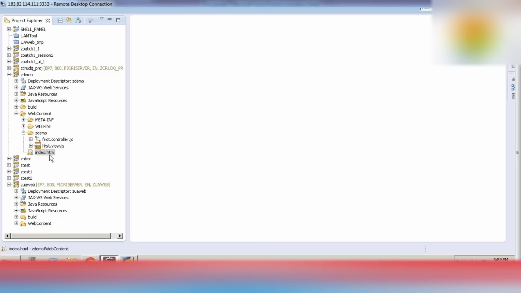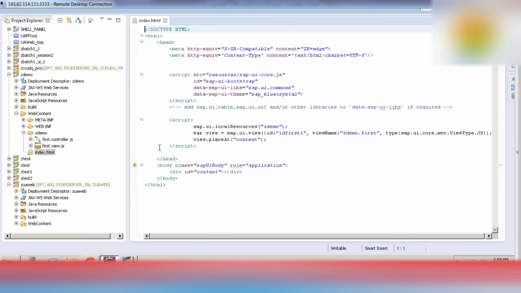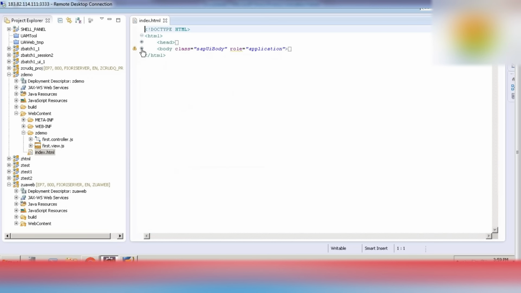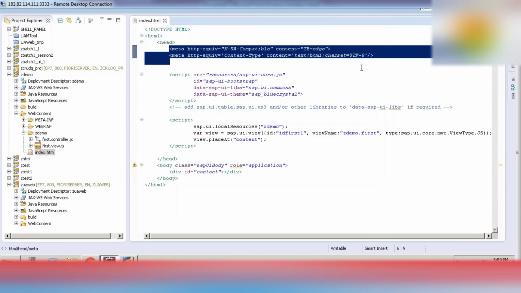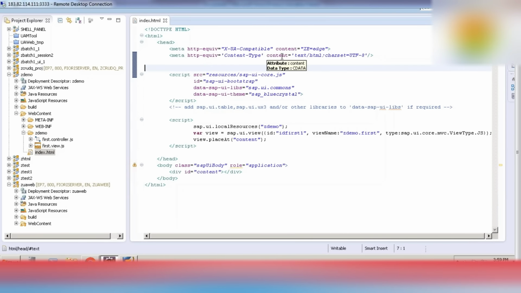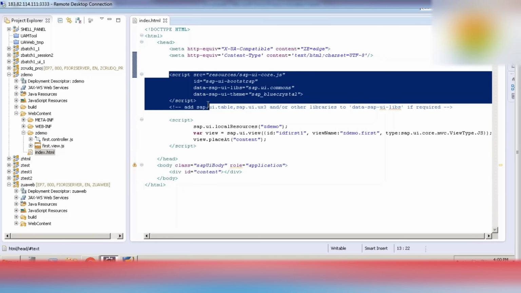That is why you need to know some kind of HTML. Okay. So let me just quickly explain what things are there. So in the index.html you mainly have the header part and body part. Okay, and in the header part you will have a meta section which will tell you what are the different standard browsers that we can use. Okay, here it is saying Internet Explorer 8, and in the next part this is the bootstrap section.